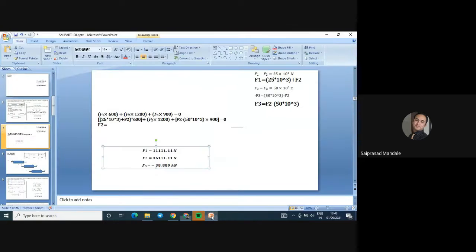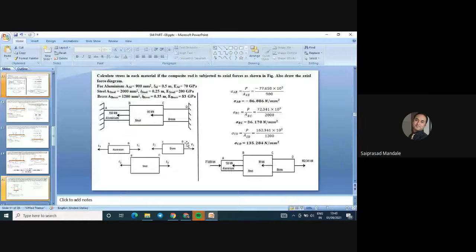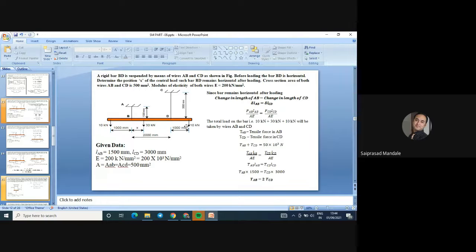Now next is also the same, only the cross-sectional areas are different and the moduli of elasticity are different. So separately you have to do the things. I have already put this into your assignment, so you have to solve that as homework and as a part of the assignment. Easy. So focus on this numerical. Let me give you an overview of this numerical.